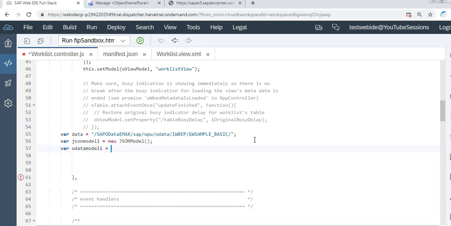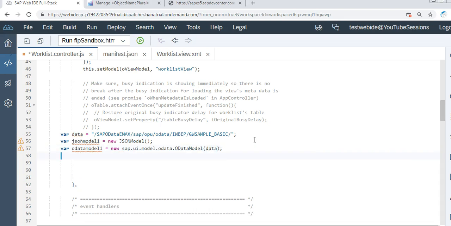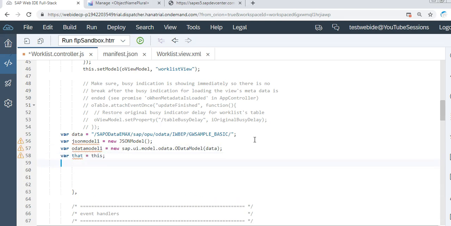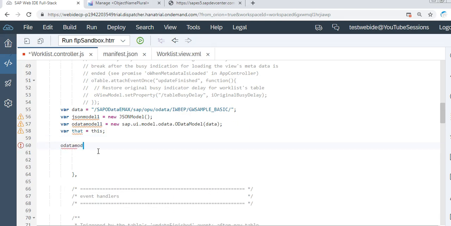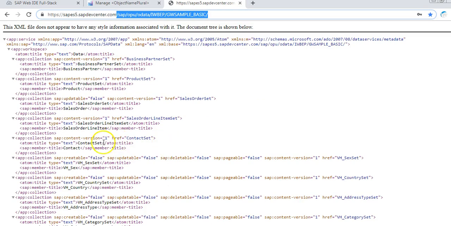OData model 1 is equal to new sap.ui.model.odata.ODataModel, which consumes the data, and a that variable which has a scope within the function, because this will not work inside a success function or inside the OData call. Now let me read the OData services by making use of the read method and making use of the product set. Okay, we need this product set here,